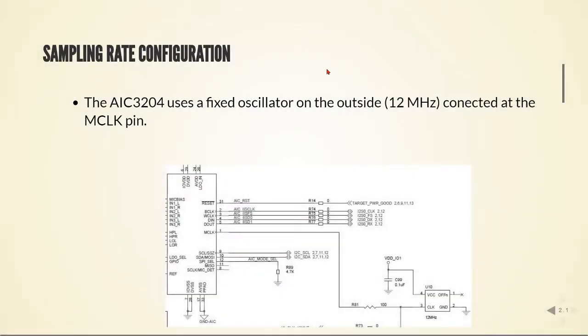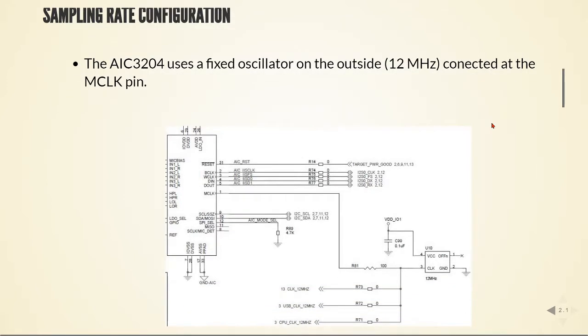Another important configuration is the sampling rate configuration. Last time we used 48 kilohertz, but we can also change to multiples of 48 kilohertz, 24, 12, and also we can adjust to 44.1 kilohertz. For that we need to take a look at this